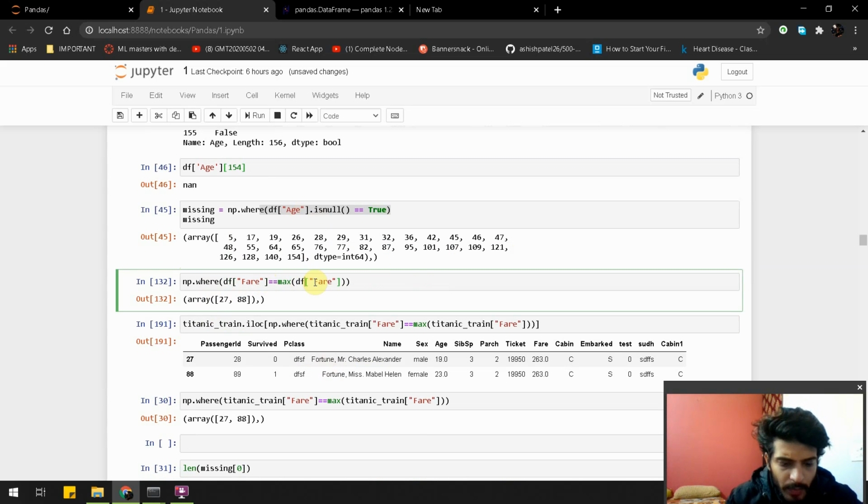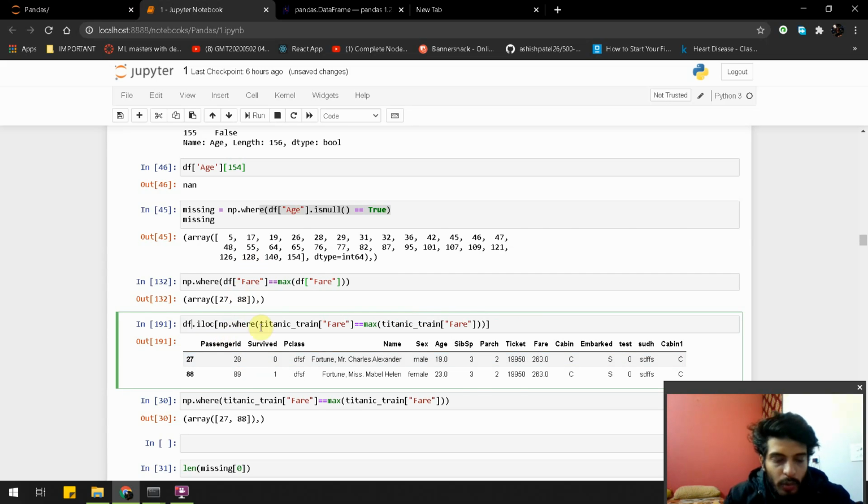Now np.where is also doing where fare is equal to max, that is, on which indexes people are giving the maximum fare. So let's move forward.